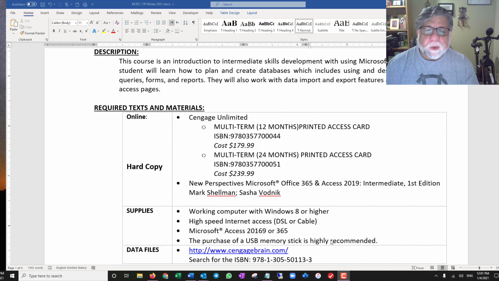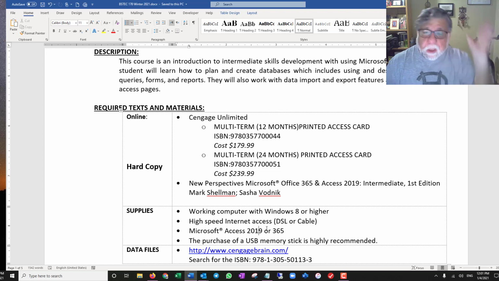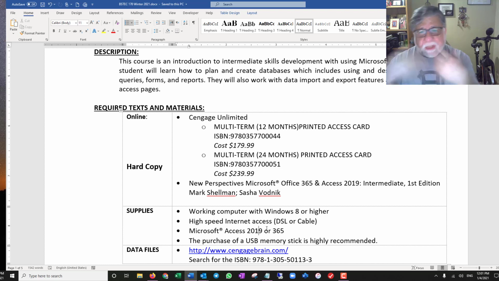So for required textbooks, everything is online. If you have the Cengage, oops, there's also another error here. If you have a Cengage subscription, you should be fine. You should just access it from Canvas. You don't have to add it to your dashboard. It's automatically added to your dashboard after you log in on Canvas, and we'll show you that information as well.